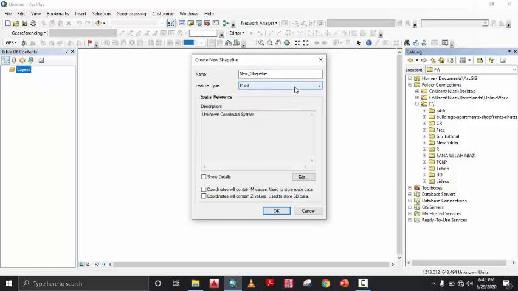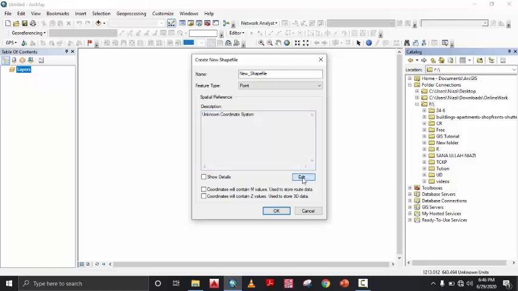Now you all know that there is a coordinate system. I will also show you a lecture about coordinate systems, but let me brief you on something about this. Everything on earth has a coordinate system. For example, I am sitting here making a video, so this place where I am sitting has a coordinate system, a certain latitude and longitude. So the point where I am going to mark it has some latitude and longitude. If you don't set a coordinate system, it will be unknown, and the point will disappear.